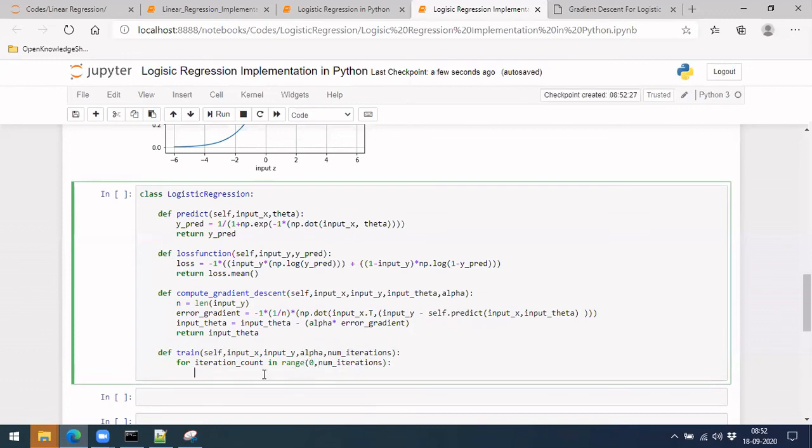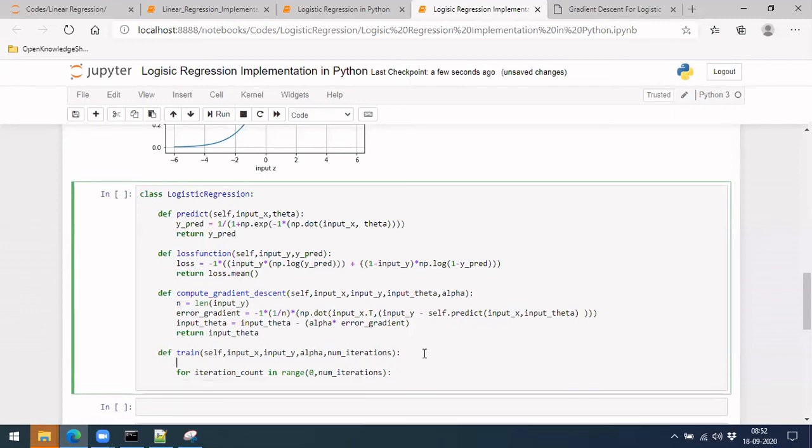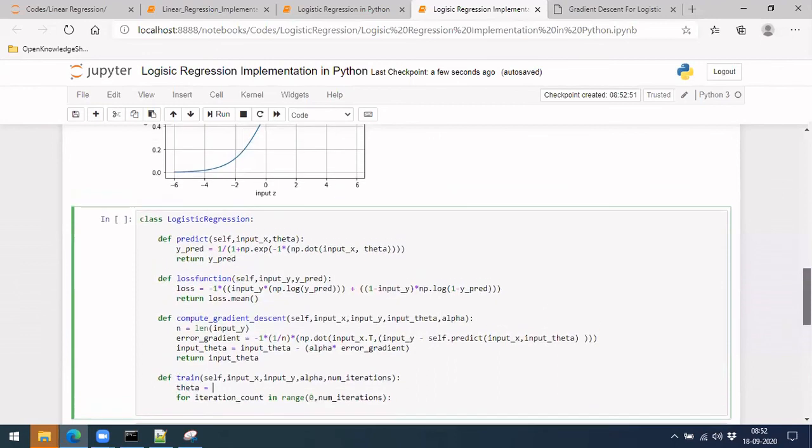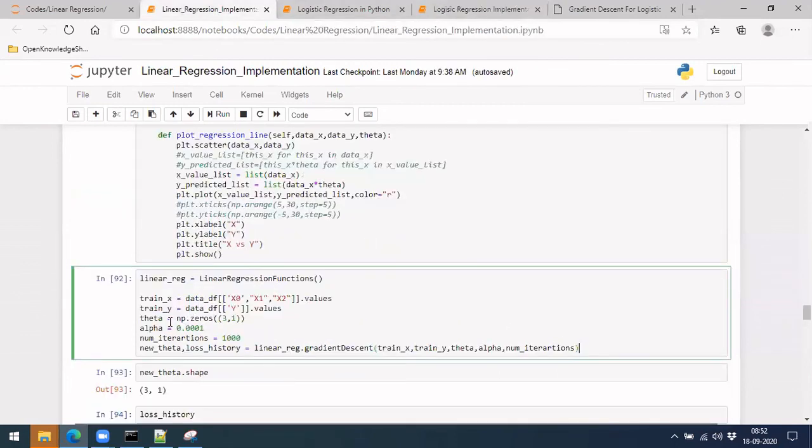After you do this, the next step is that initially we have to put theta. If you remember, we have to give our initial theta values. So let's initialize our theta here. If you can refer to the earlier theta, if there are 3 x values, the shape was 3 comma 1, that is what we took there, right? Similarly, for our case as well, we'll be doing the same.